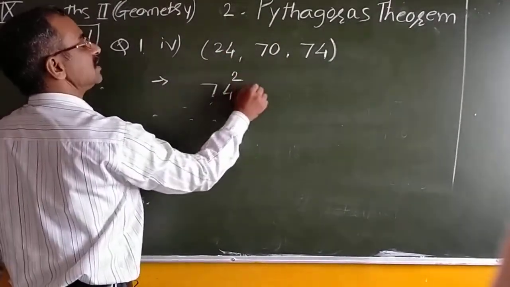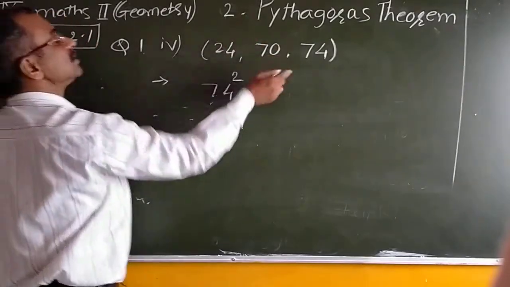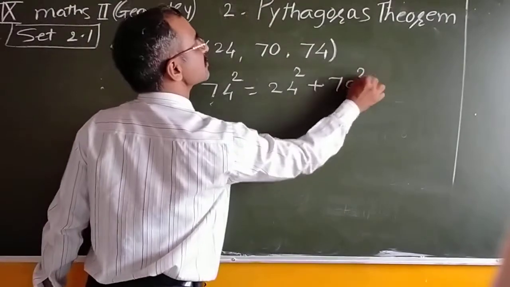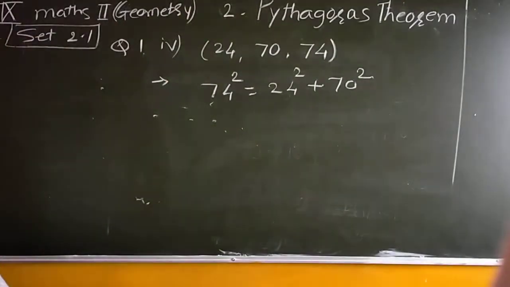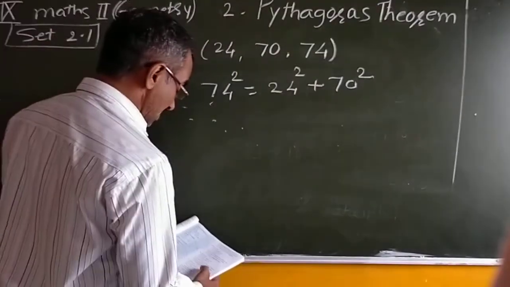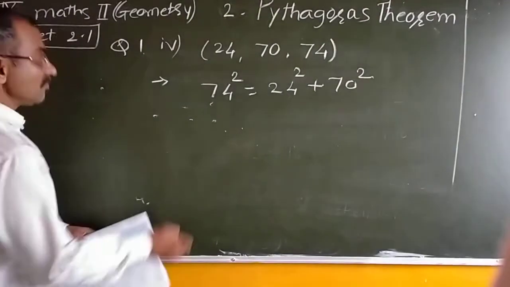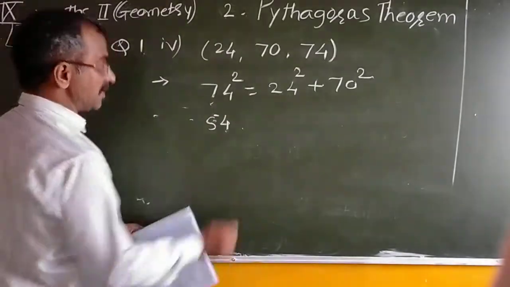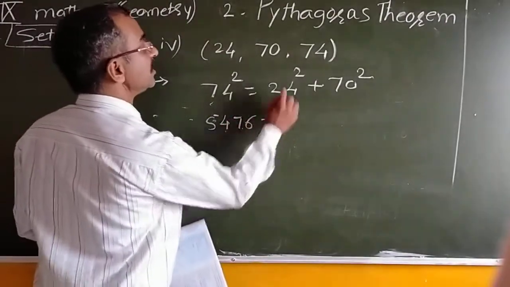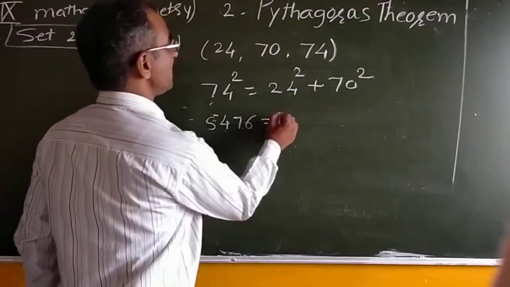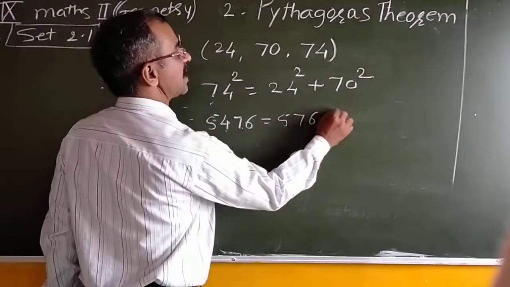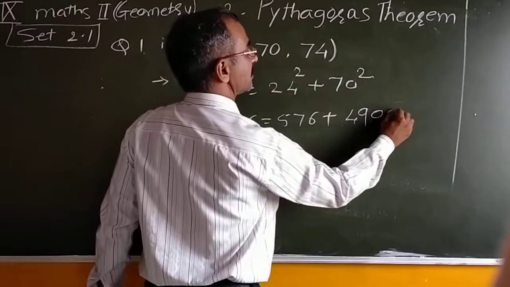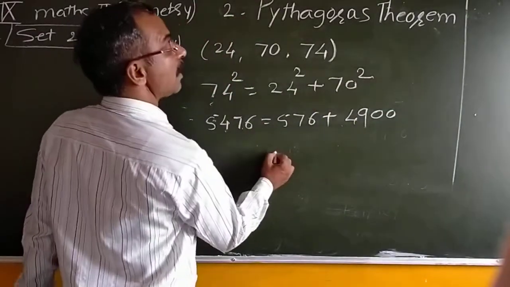Its square should be the sum of the squares of the other two numbers, 24 square and 70 square. 74 square is 5476. 24 square is 576 and 70 square is 4900. Then by taking the addition,